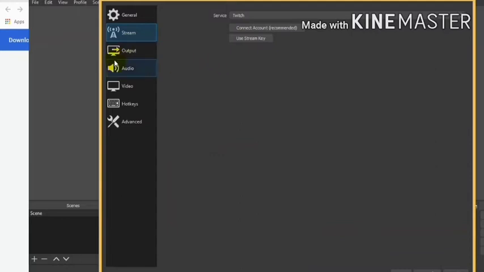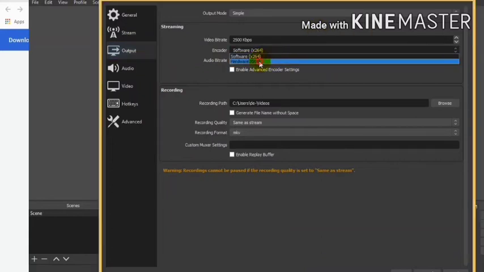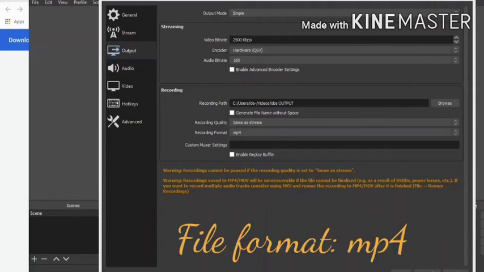We can also stream using this software, but we'll go to the Output section, and I'll keep the video bitrate at 2500 kbps, the hardware encoder is QSV, and finally we change our recording format to MP4. If we select this, some warning may come, but we will ignore it.